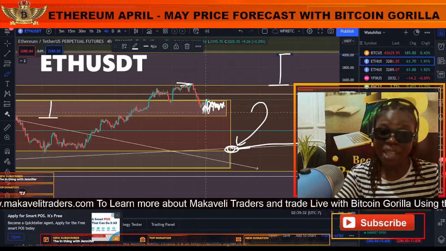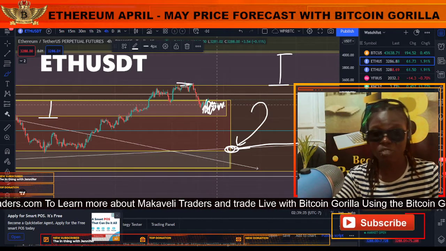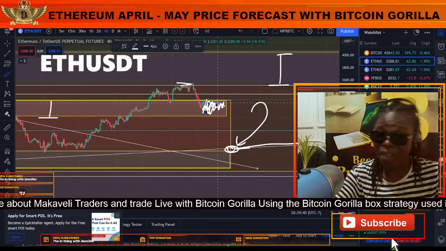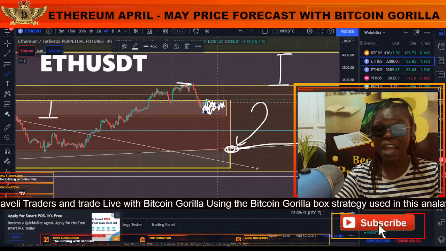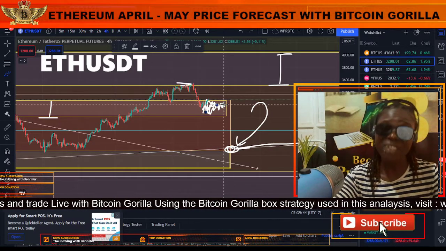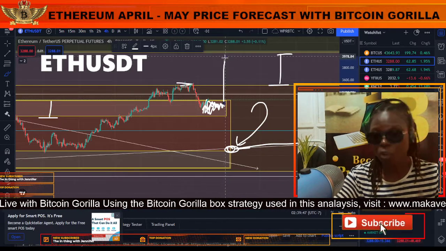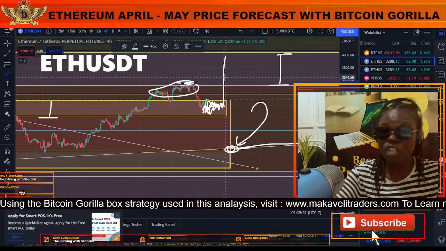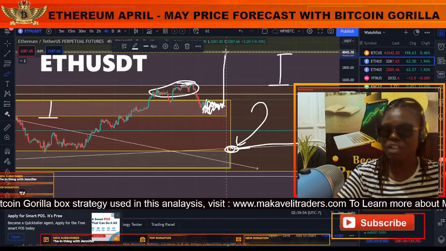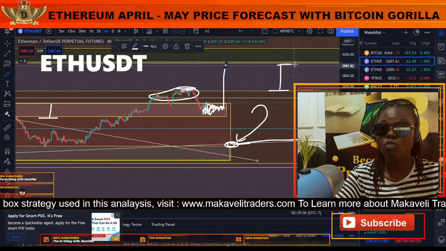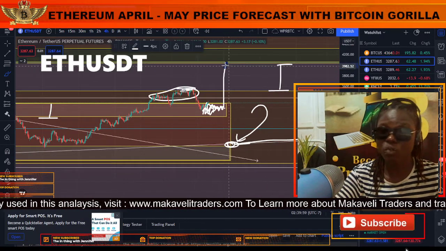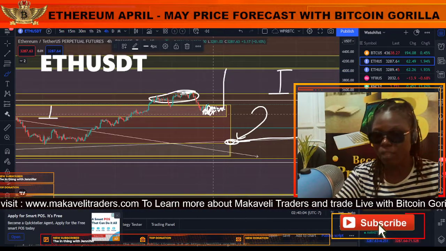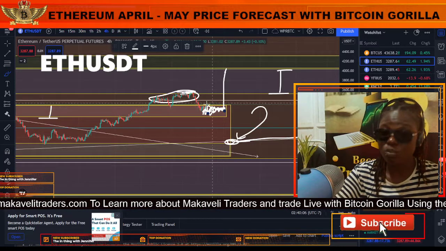So these buyers are likely going to keep entering this market around this range, and if their capital somehow destabilizes the equilibrium and they overcome the sellers, then price will be forced to go up to seek more sellers, because it will exhaust all the sellers who are currently selling here, and it will force a move to that $4,000. Now I do see another reaction around $4,000 to $4,200, or at worst $4,400. Why do I say $4,400? Let's just say we don't know the amount of capital that is going to enter Ethereum at this point, because a previous